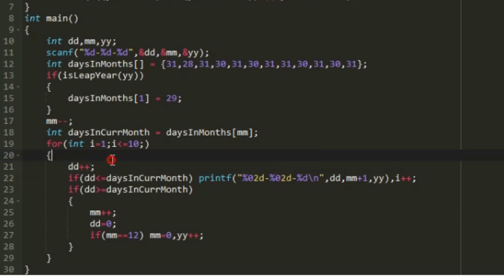So after incrementing the value of the variable dd, again we are checking whether the variable dd is less than or equal to the number of days in the current month. And here we are including this condition because suppose if we are given the input date as 31, then dd plus plus will be 32, and none of the months would have a date 32. So that is why we are checking whether dd is less than or equal to days in the current month. We have already found the days in the current month, so that will be stored in the variable. So only when this condition is true, we will be printing